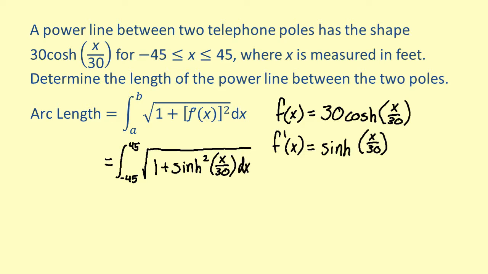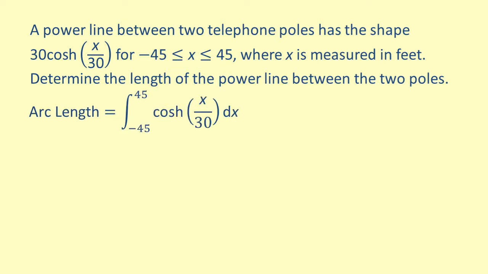Recall that 1 plus the hyperbolic sine squared of x is equal to the hyperbolic cosine squared of x. So we can substitute the hyperbolic cosine of x over 30 for the square root of 1 plus the hyperbolic sine squared of x over 30. Finally, let's integrate. We have to use u substitution here, but it's a simple substitution, so we'll go right to the next step. We end up with 30 times the hyperbolic sine of x over 30 evaluated from negative 45